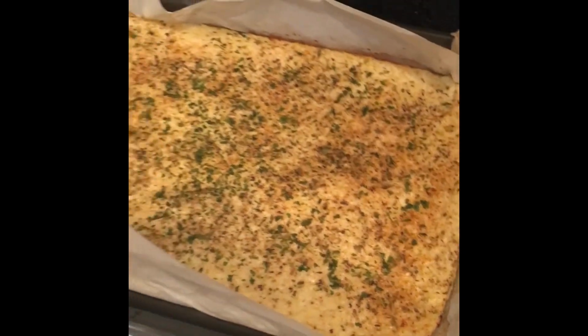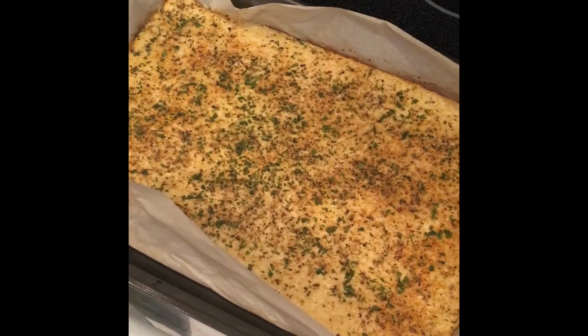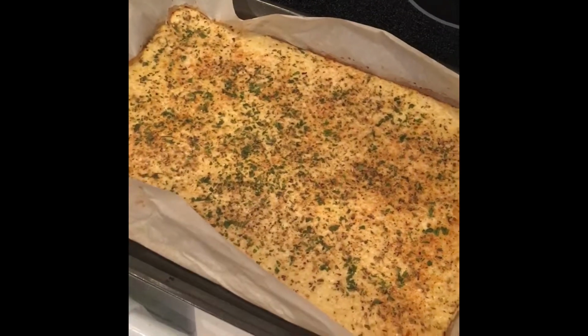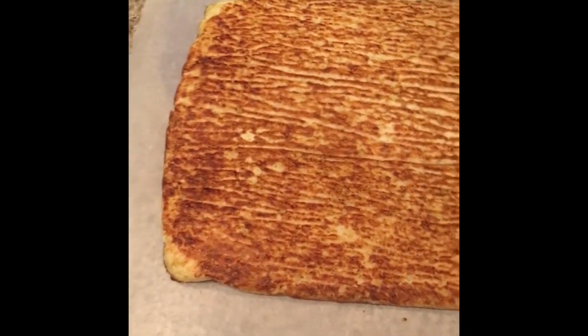So now what I'm going to do is I'm going to flip it over. So I'm going to roll out another piece of parchment paper. I'm going to flip it onto the paper, set it back in the pan, and then bake it just a little bit longer, and then I'll show you the results. So I flipped it over. This is how it looks on the back side, the bottom,